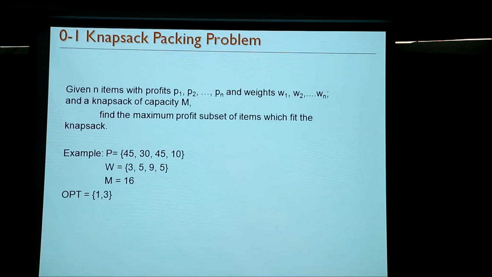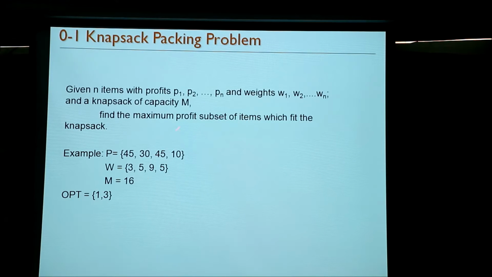Okay, so I will illustrate this with the 0-1 knapsack problem. I think in the DP Venkat must have covered this problem. Anyway, so the problem is like this: you are given n items, right? Each of the items has some kind of profit and some kind of weight. So the profits of the n items are P1, P2, to Pn respectively, and each of them has some weight W1 to Wn. And there is a knapsack, or some kind of bag, which has a capacity of m, which means that it can accommodate at most m weight, right?